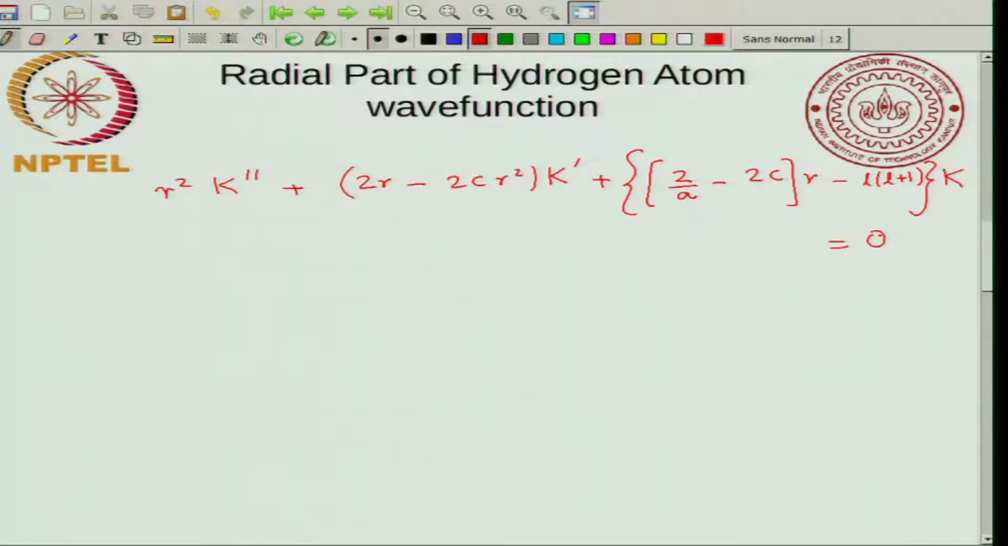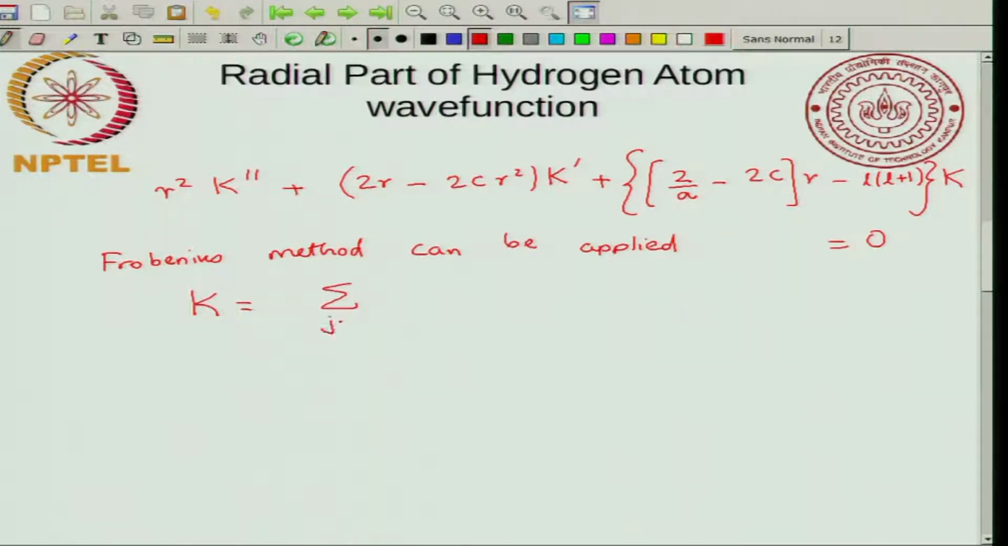So I wrote it as r square times k double prime plus something. I do not have just an r k prime, I have an r and an r square k prime, and I have something else equal to 0. So this is where you can apply the power series method. Again, you can verify that the Frobenius method can be applied. And if you apply the Frobenius method, what you will say is that k is equal to,